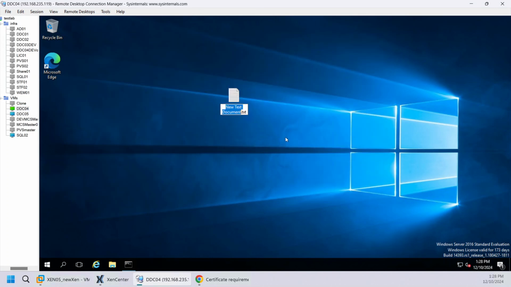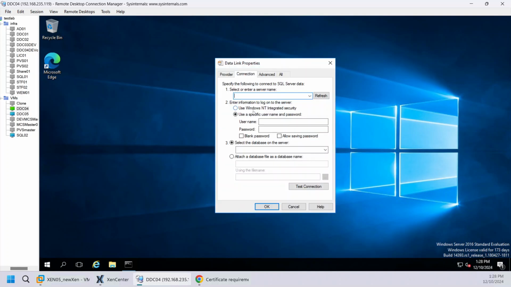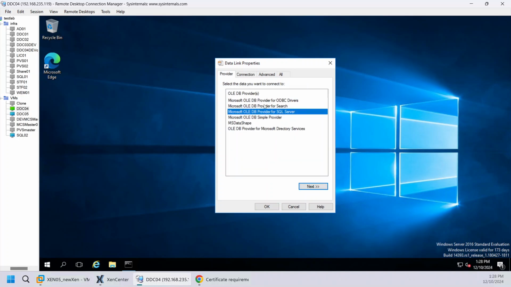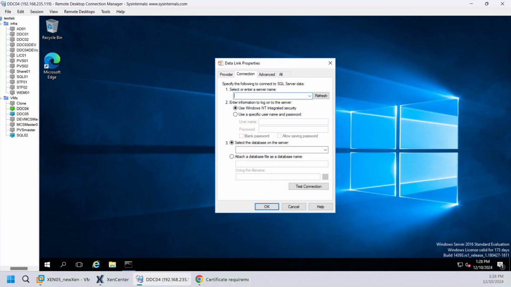You can create a text document, call it test SQL, and there is a Citrix article about this. Just create this type of file, with UDL as an extension. You just open it, and the provider will be SQL server, and you will type here your SQL server,